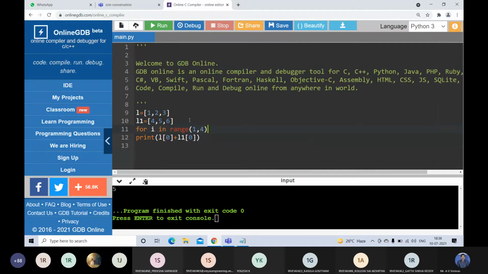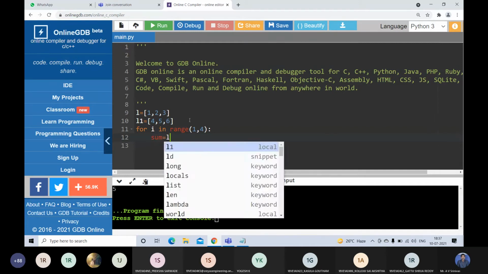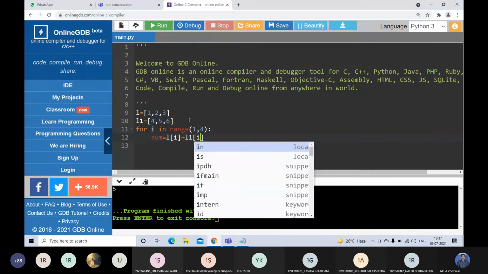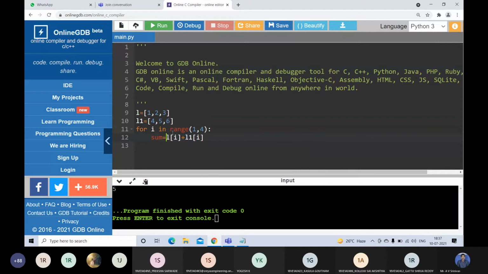So from 1 to 4 I can repeat this loop, and here I can write sum is equal to L of i plus L1 of i. So this will add 1 plus 4, 5, then 2 plus 5, 7.